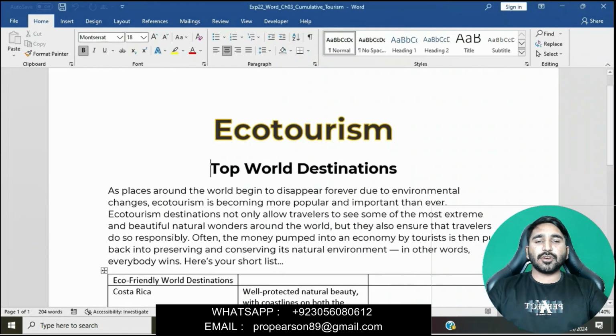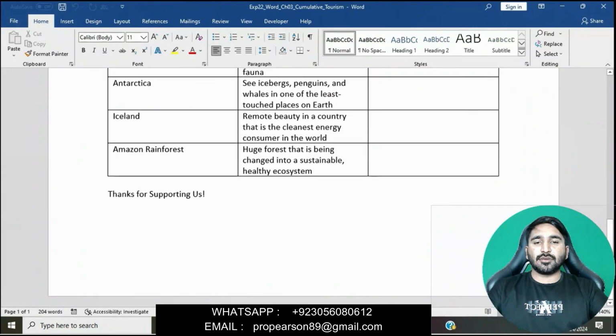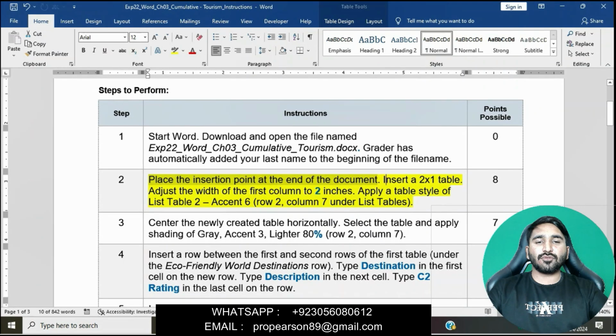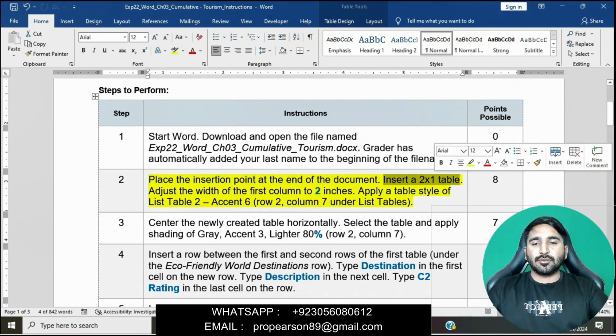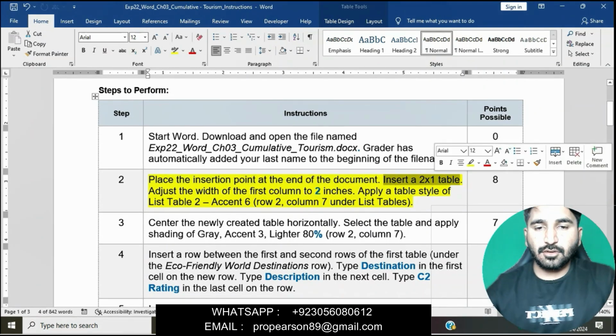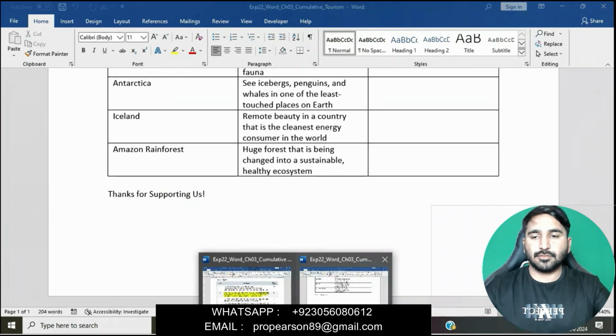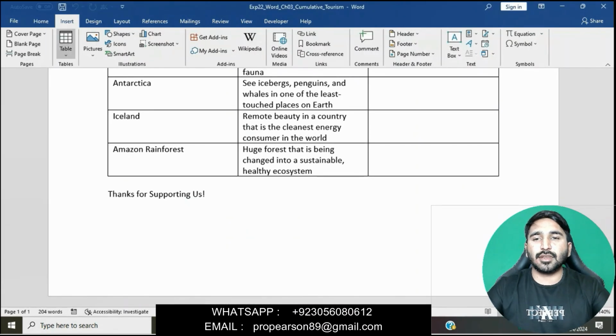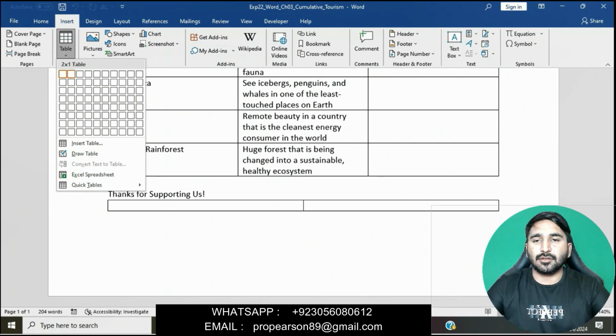Place the insertion point at the end of the document. Here is the end of the document. Now insert a 2 by 1 table. Click on the Insert tab and then click on Table, 2 by 1.